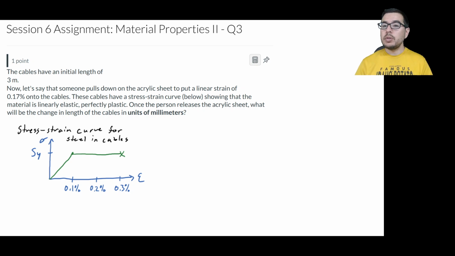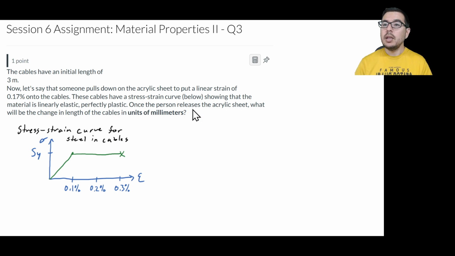In this problem, we have an opportunity to calculate the change of length of a cable that gets stretched with a certain amount of axial strain using this linear elastic, perfectly plastic model for the material. So to get started, there are only a couple of numbers that are given here. We have a length of a cable, which is 3 meters, and we have that we've, I guess, put this cable under a linear strain, a max linear strain of